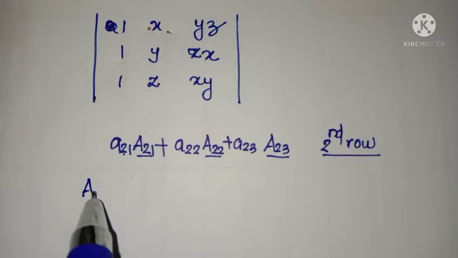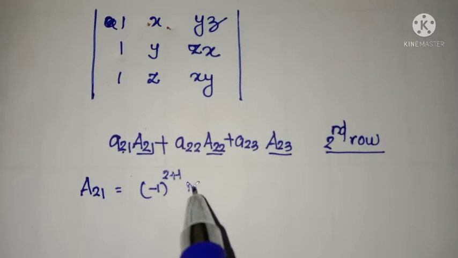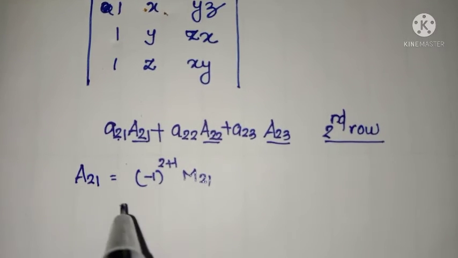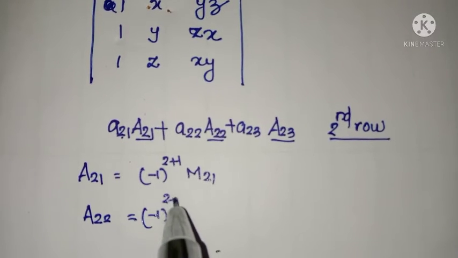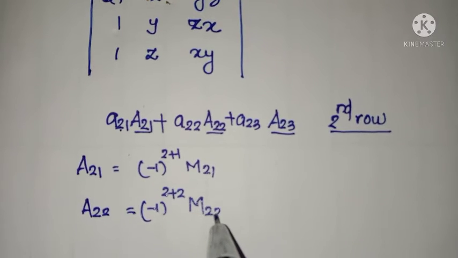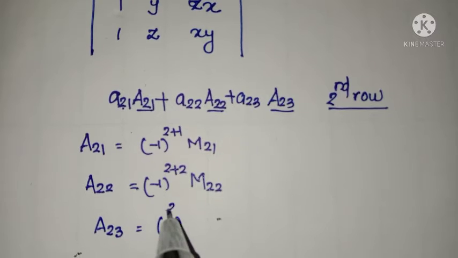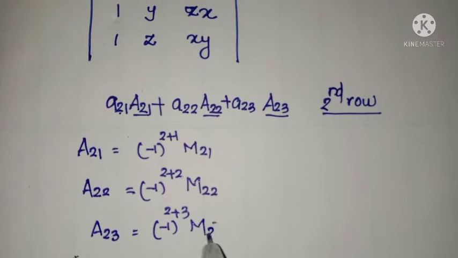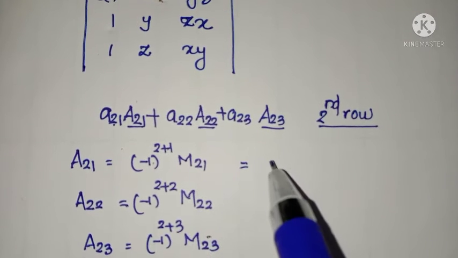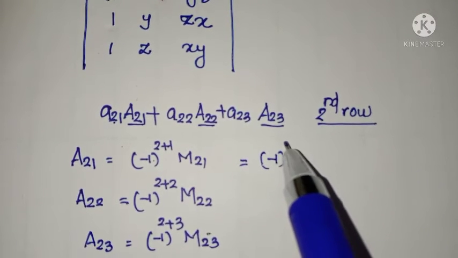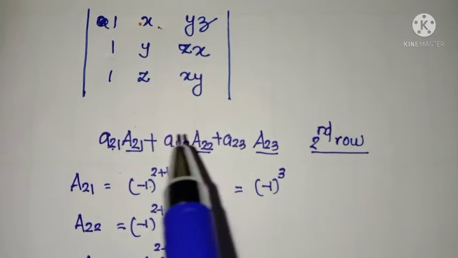So A21 is minus 1 raised to 2 plus 1 M21. A22 is minus 1 raised to 2 plus 2 M22. A23 is minus 1 raised to 2 plus 3 M23. Now listen, minus 1 raised to 2 plus 1 is minus 1 raised to 3, that is minus 1 into M21, minor of